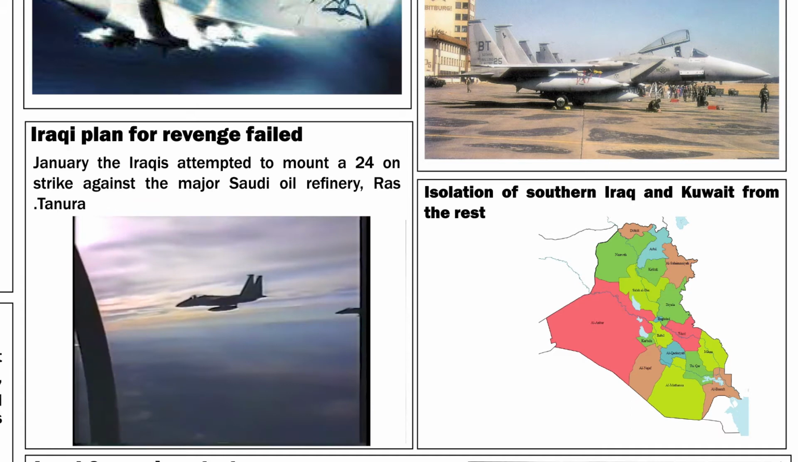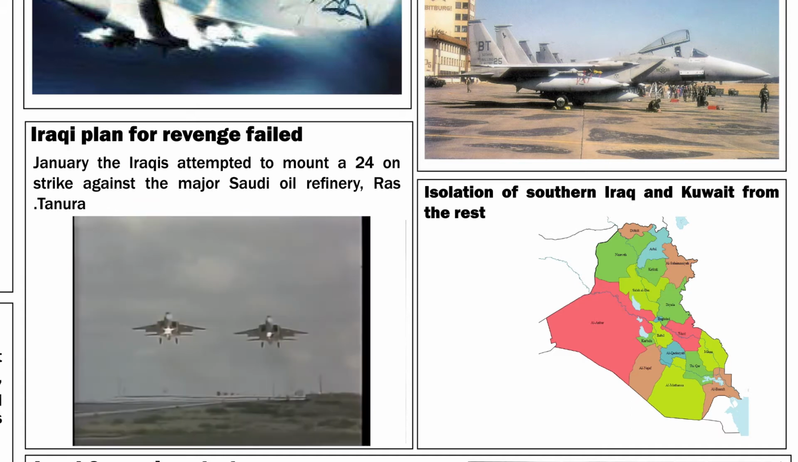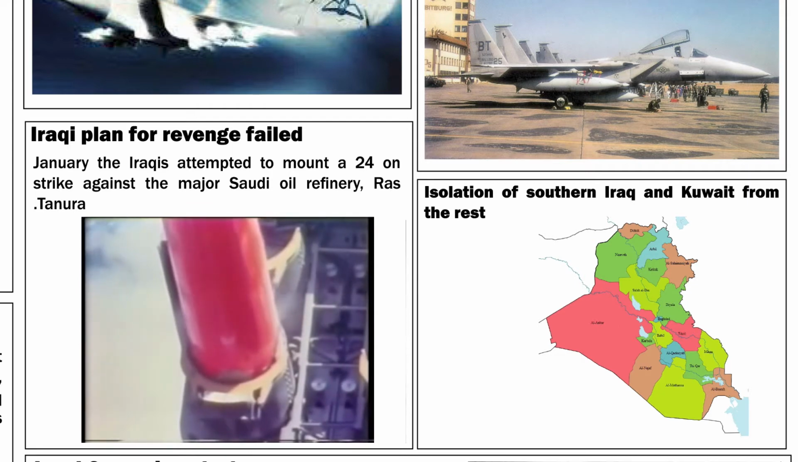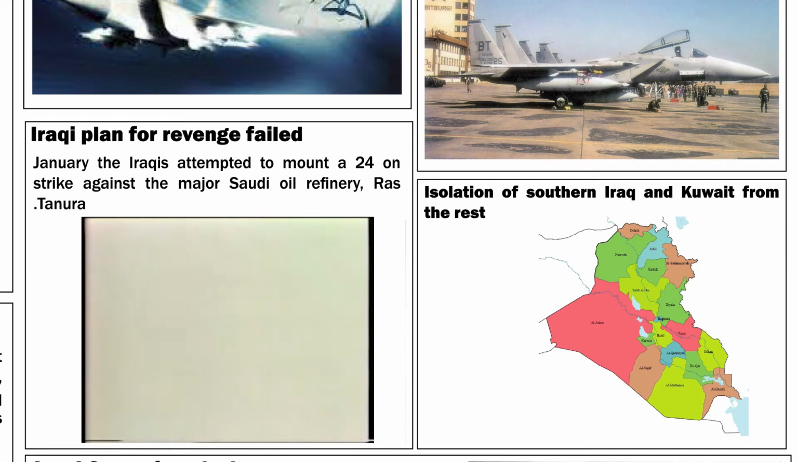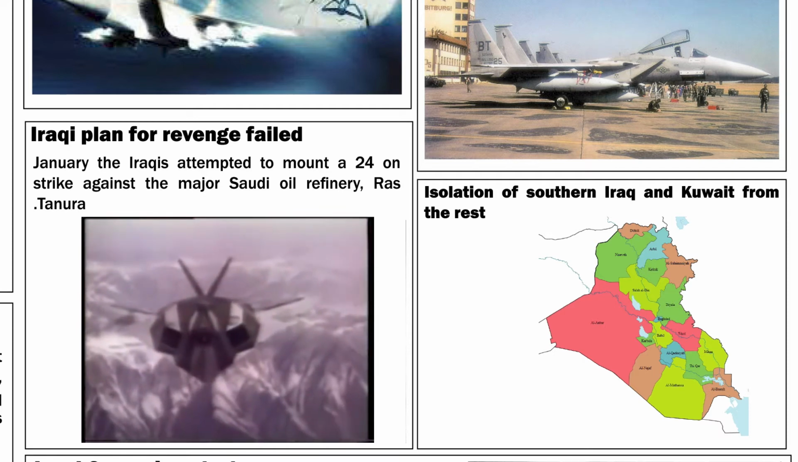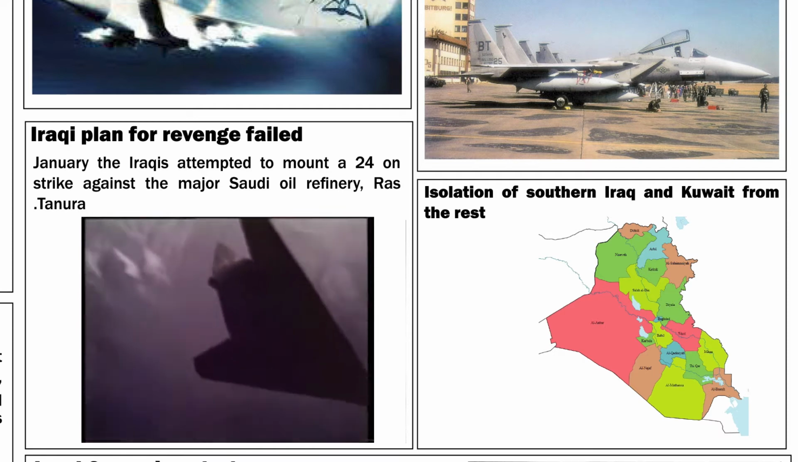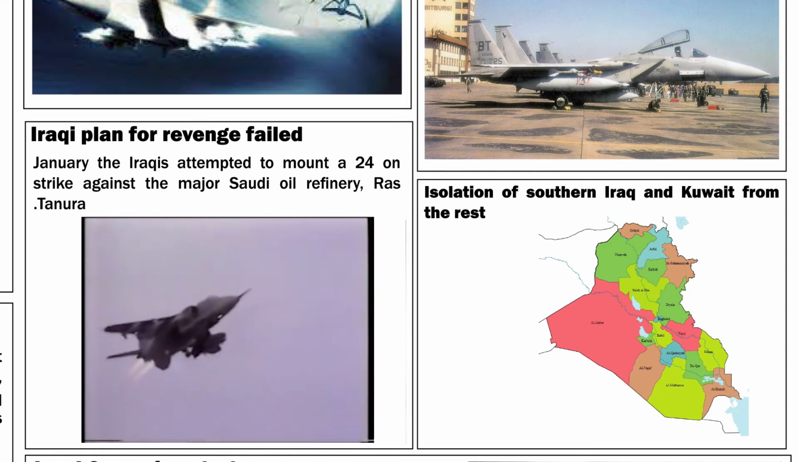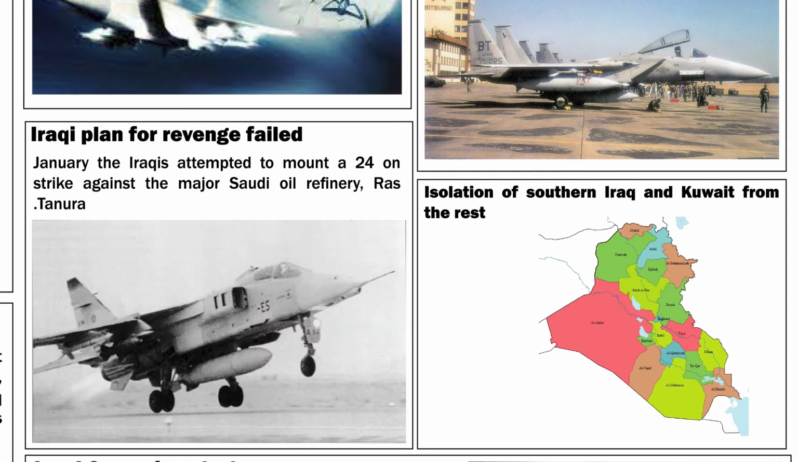From the last days of January, the coalition air forces began a major effort to ensure the total isolation of southern Iraq and Kuwait from the rest of Iraq. This effort concentrated on the destruction of the bridges needed for any significant southward movement of men and, more importantly, armor and artillery. By January 30th, the coalition air forces had hit 33 of the 36 strategic bridges over the